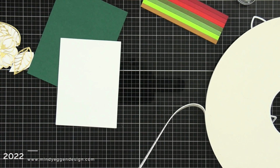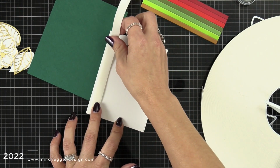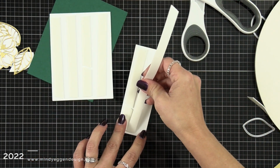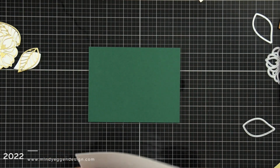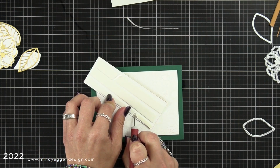I have so many ideas going through my head for those flowers and also that background, but I like to start simple. I kind of need to get familiar with the product before I really dive into anything. I layered the back of that stamped panel and also my striped panel with some really thin foam tape. And then I'm adding this to a card base that is 4 1/4 by 5 1/2, and it's from some